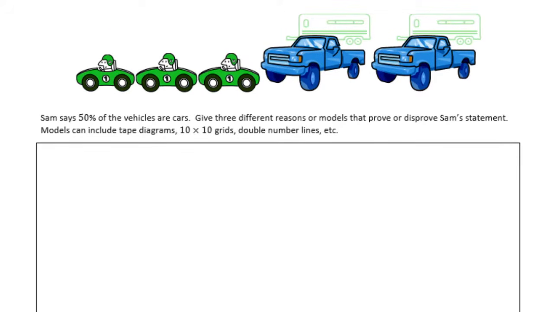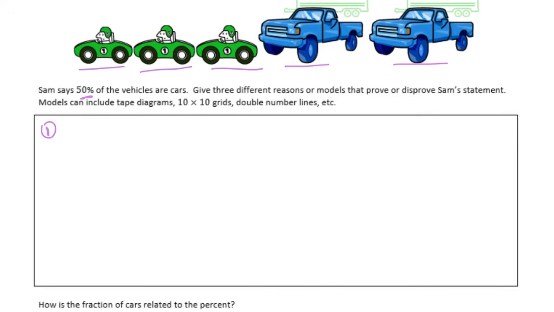So, my first one, let's just look at the picture. So we have 3 cars and 2 trucks. So they're saying that 50% of the vehicles are cars. So first of all, let's say that our ratio cars to whole is 3 out of total 5 vehicles. So that's equal to